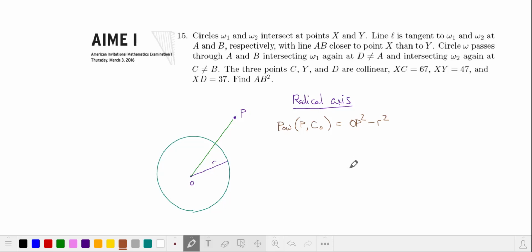If you're new to solving AIME problems, you are probably unfamiliar with the concept of a radical axis. So to begin our introduction, let's define the power of a point, say P, with respect to a circle, say circle O, is the square of the distance from P to the center of that circle minus the square of